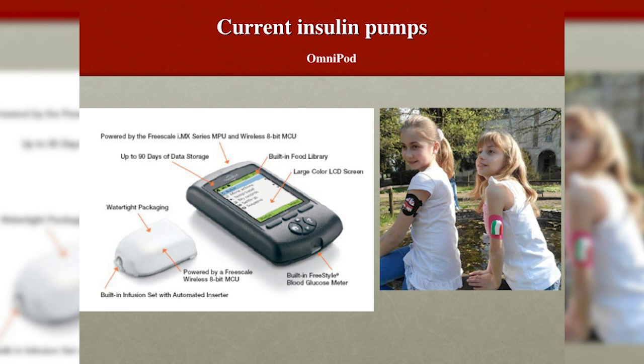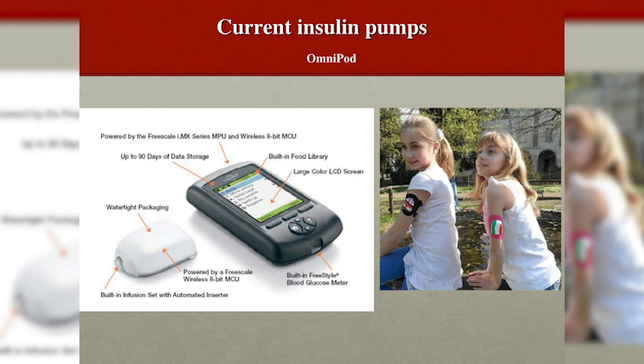The other pump is the Omnipod. This is the pod. It's a patch pump. So the insulin is inside this pod. It's not connected with any tubing to the PDM, or the personal diabetes manager device, which wirelessly sends the signal. If you want to eat and take a bolus, you enter the blood sugar into the PDM, or you can put the little test strips here and measure. It goes straight into the calculator. It calculates the dose. You just push the button and the insulin gets delivered.